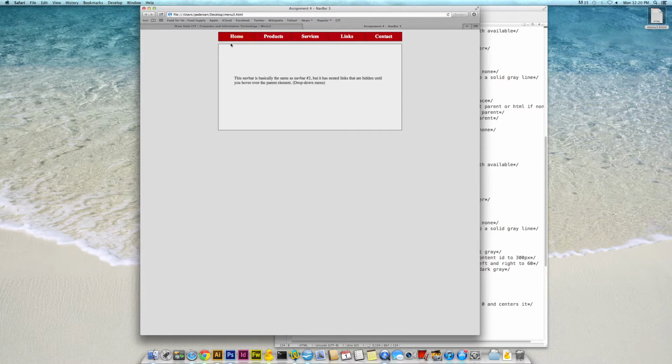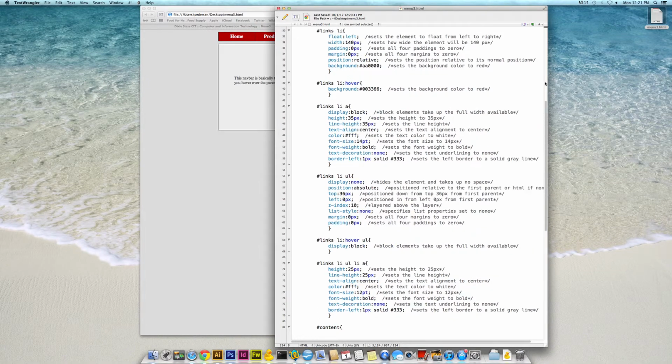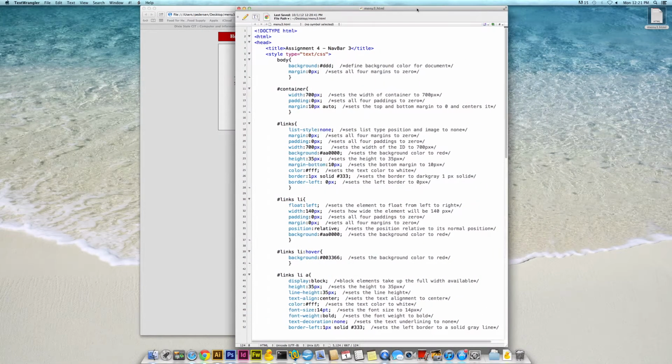a browser, is this. Now, this looks a lot like the last one, except there's a little bit of a change. This is the same as number 2, but it has nested links that are hidden until you hover over a parent element. So, if you hover over products, then you can scroll down and pick up product 1, 2, 3, and 4, services, contact list. So it gives you a drop-down menuing. So we're going to figure out how to do that, and let's go ahead and look at the code to do that. Now, again, we start out with doc type HTML